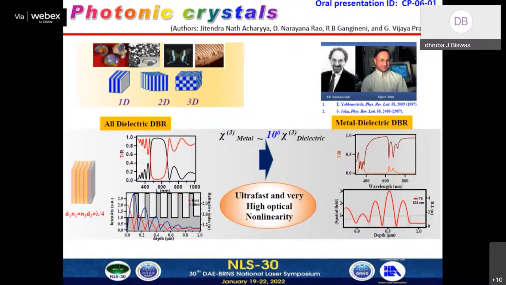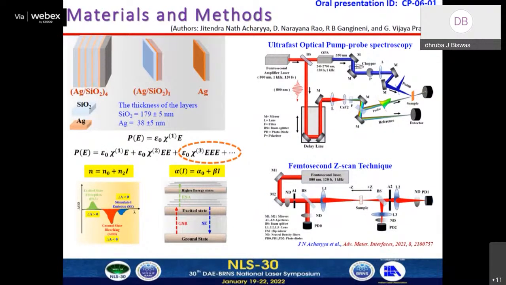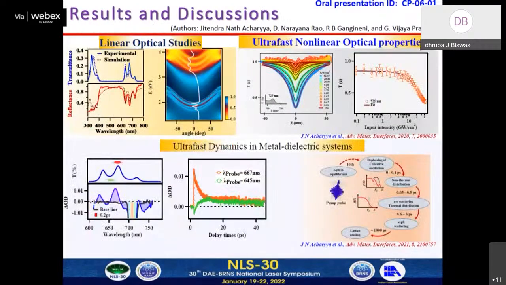This is one typical example of an all dielectric distributed Bragg reflector, one example of a 1D photonic crystal, on the left side, which shows its reflection and transmission spectrum in black and red, where this completely blank region is called the photonic band gap, where photon propagation inside this structure is strictly prohibited, like a semiconductor. And if we replace this all dielectric photonic structure by a metal one, we can access the ultrafast and high optical nonlinearity of metal. So we move to the metal dielectric photonic structures, but the problem is the huge loss of the metal. Next slide, please. So in this study, we fabricated three sorts of metal dielectric structures: 4 bilayer Ag/SiO2.